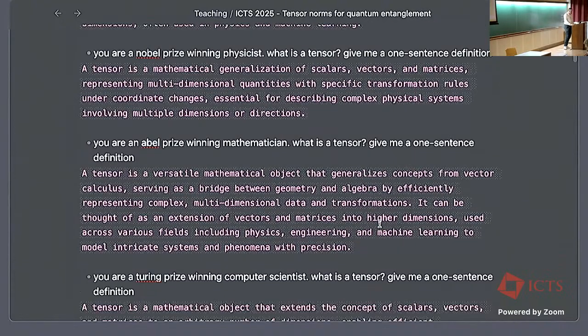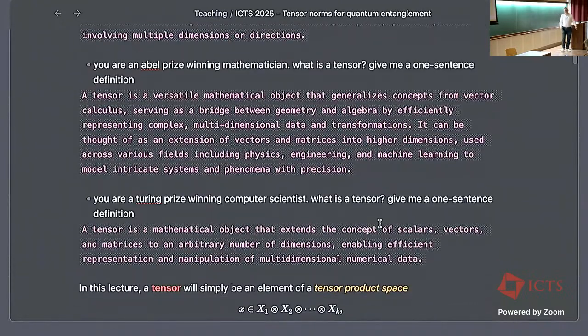And the computer scientist will just tell you that it's like an array with 3 or more dimensions. And of course, nowadays tensors are a central object in machine learning, in large neural networks, because they are mainly used to process batches of matrices. So it's not really this point that we're interested in. We're not going to see a tensor as a bunch of matrices. We would like to take a more fundamental, more abstract approach.